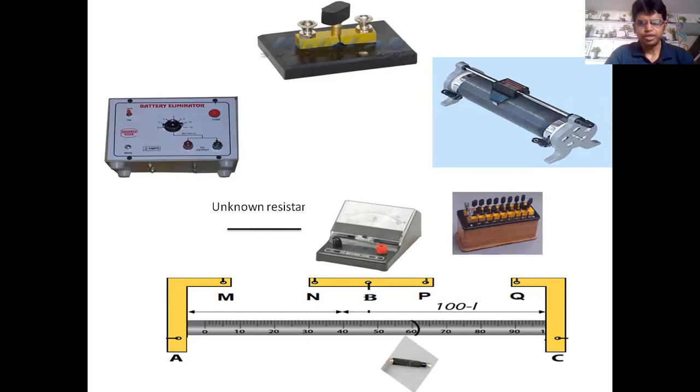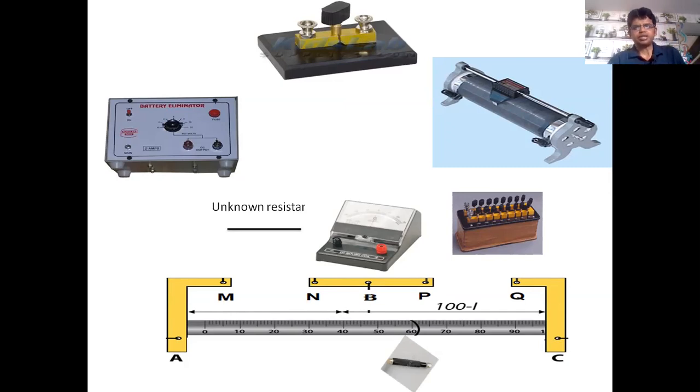So now we discuss the meter bridge. Three resistances are known. Which ones? One is the wire in the meter bridge, which is 100 centimeter long, a known value. Second is the resistance box, and third is the rheostat. So we have three known resistance values, and with their help we find the one unknown resistance. Now the connection.